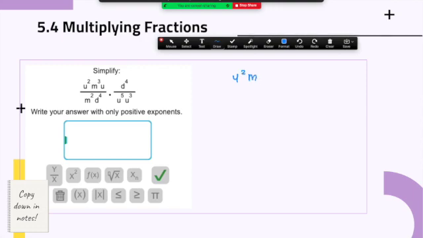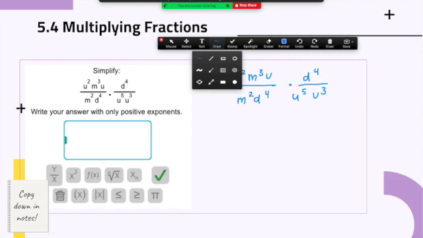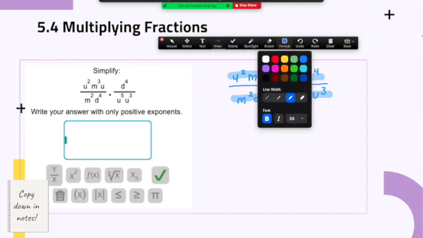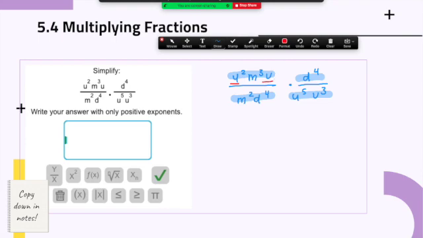We have here u and m and u again. We also have on the bottom m and d. We also have on top here d and u and u. So the first thing I want to do here is see if there's anything that I could simplify. I know that right here for the top one, u to the power 2 times u, I could rearrange it so that those two are multiplying with each other. So if I do that, I get u to the power 2 times u times m to the power 3